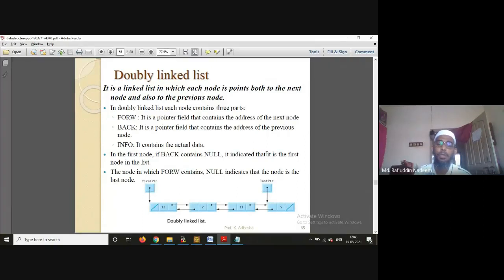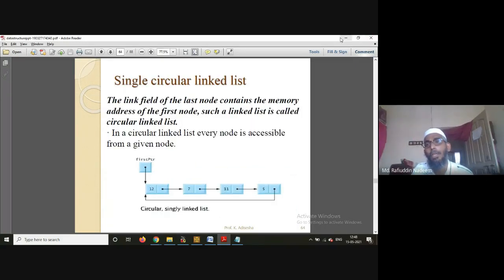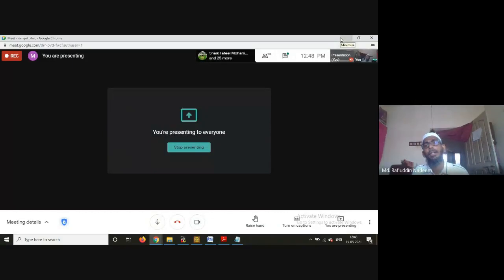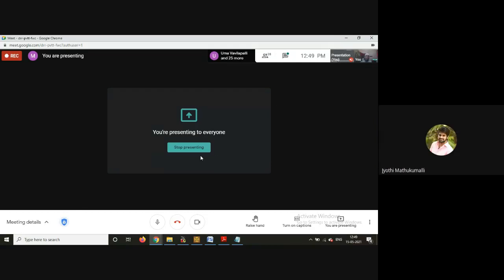Just try to implement double linked list by yourself, both insertion, deletion, as well as display, so that later when I discuss the logic in the next class, you can cross check your logic. If you are able to develop the logic by yourself, then it will be more handy for you. Got it? Are you going to try? Yes, sir. Okay.